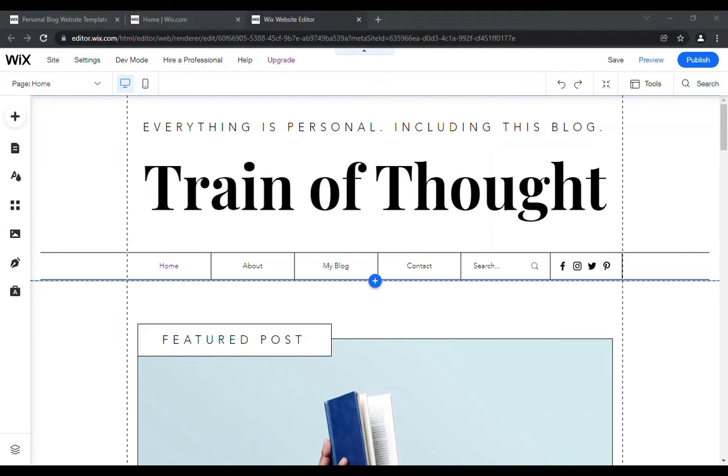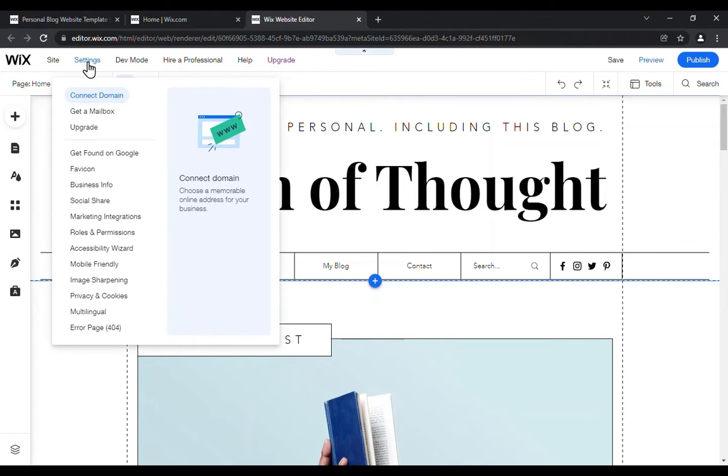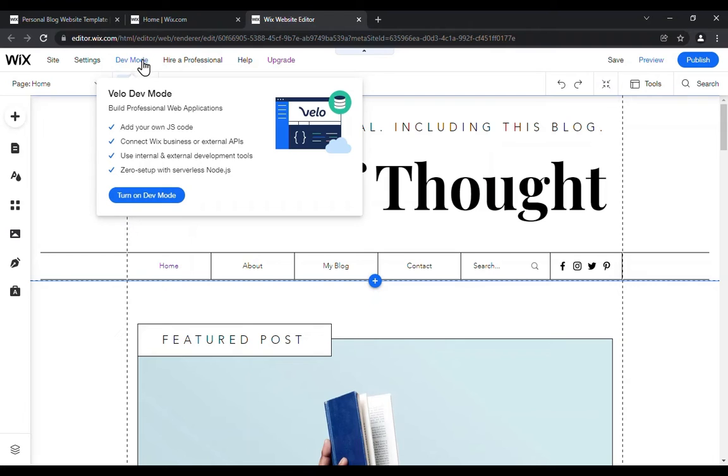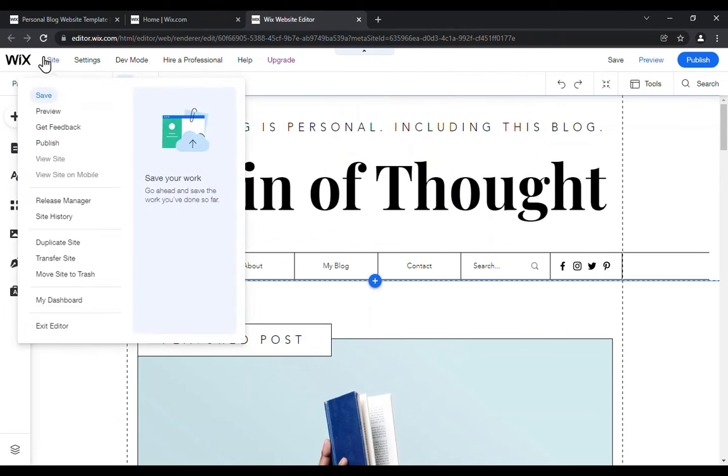So now I can go back to the editor, and we're just going to take a quick tour of this page. When we're taking a look at this web builder, we're going to see that there is a top menu at the very, very top, and if you hover over each of the tabs, you will get a drop-down menu. So we can see that it works on each of the tabs, and it gives you more information. The Site tab is probably going to be the one that I look at the most because it does give us options for